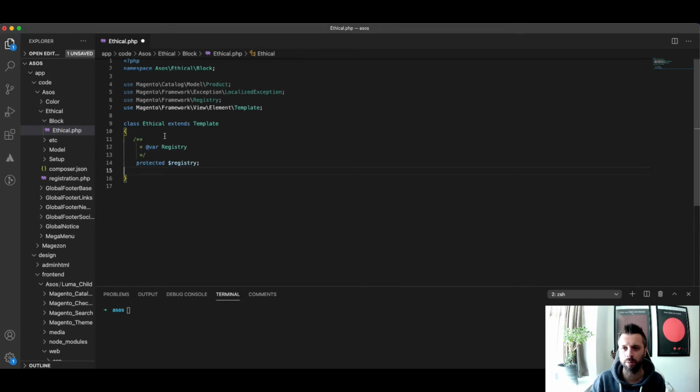First of all, I've got to set a couple of protected variables. I am going to copy and paste this from one that already exists just to speed things up, but I will talk through it. So, okay, this is where I'm going to get my product object. This is where I'm going to get my registry. Basically initialize both of these